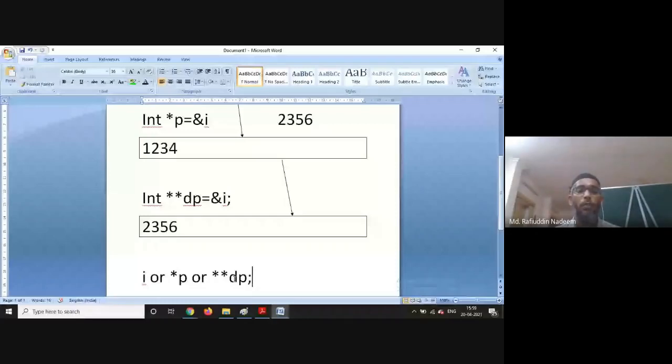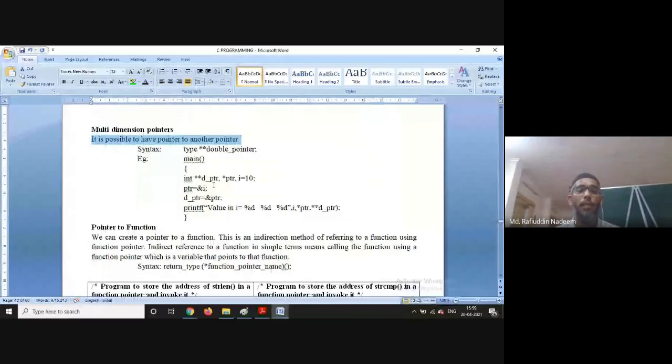That's what I have just shown you here in the program. Double star dp is a double pointer, p is a pointer equal to ampersand of i, and dp is equal to ampersand of ptr. The value can be obtained in the 3 ways. We have these multi-dimensional pointers in C.